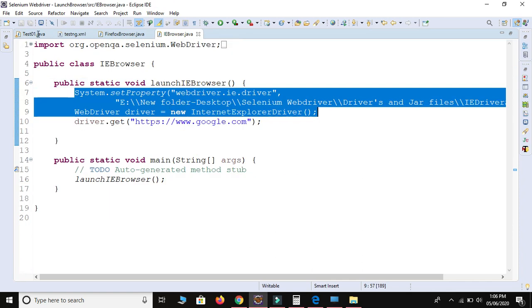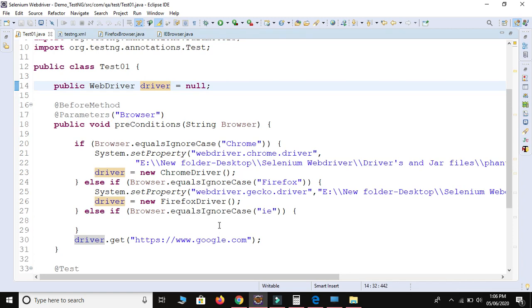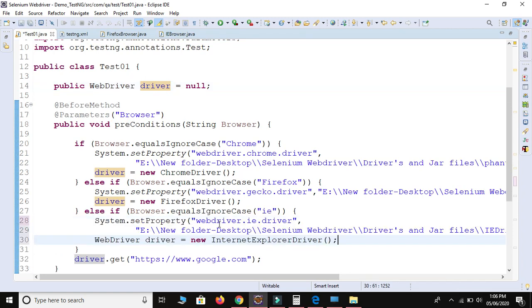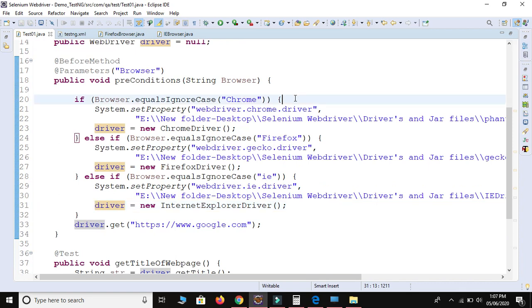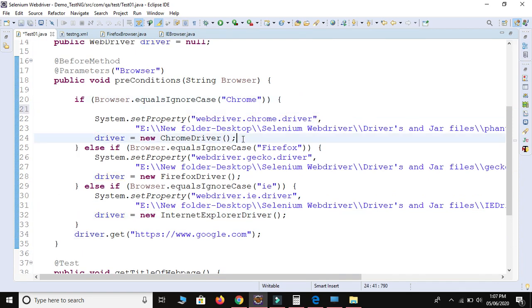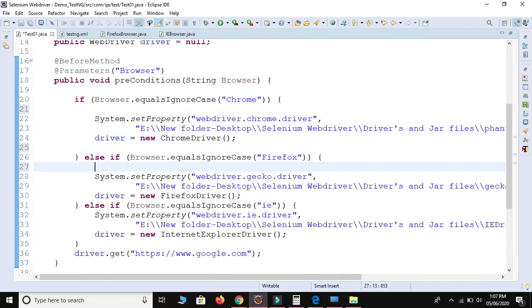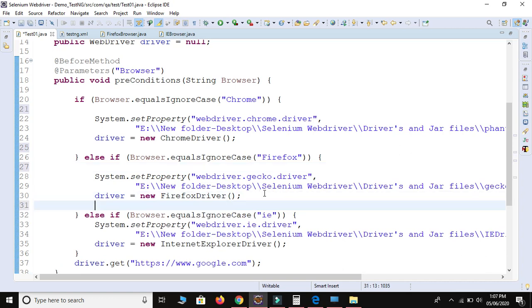Just copy and paste inside the IE block. Okay, this is the IE block, and let me remove this one. Let me show you this pattern in a more readable format.